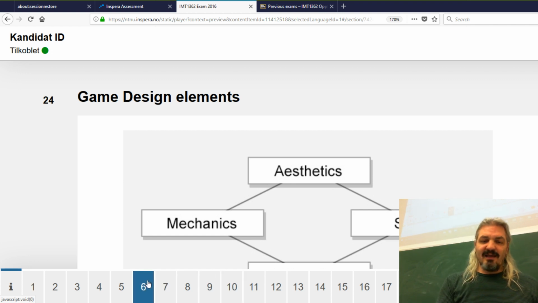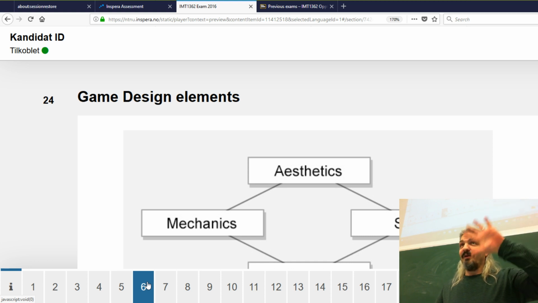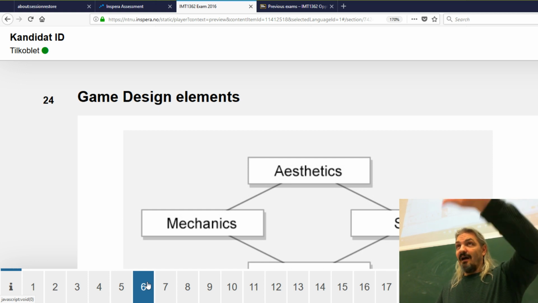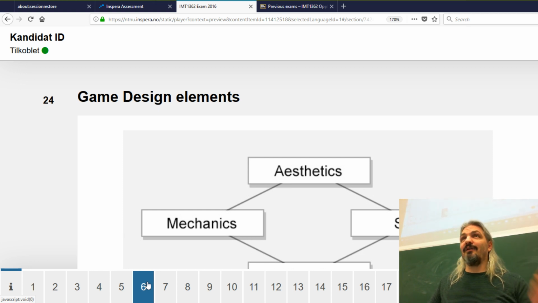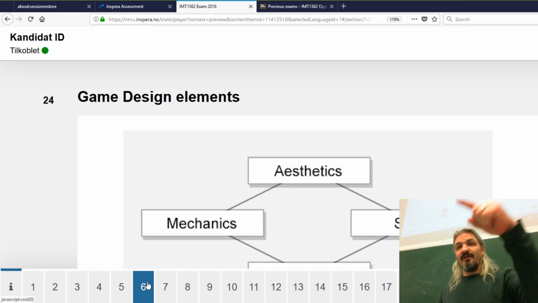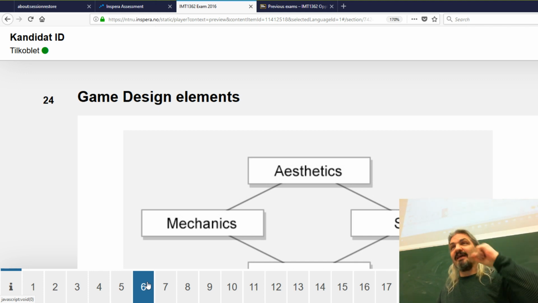For some of the questions that I changed this year in the multi-choice, what I did is I went to a multi-choice question, looked at the answers, looked at what was the right one, picked one of the wrong ones and then wrote a question for that one to be the right one. So I kind of did the Jeopardy version of it, where I say, okay, if that's the right answer, what question would generate that answer?